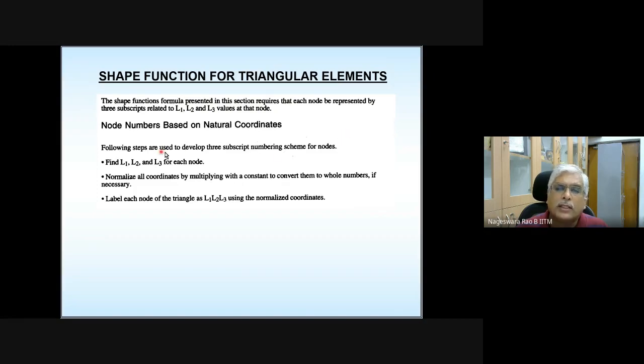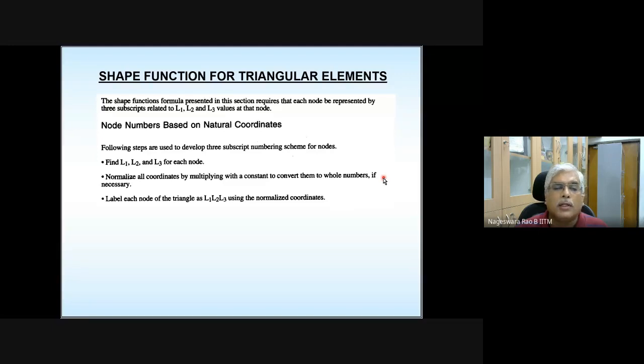So what are the various steps? Find L1, L2, L3 for each node. Normalize all coordinates by multiplying with a constant to convert them into whole numbers if necessary. So the second step is optional. You will understand better once you